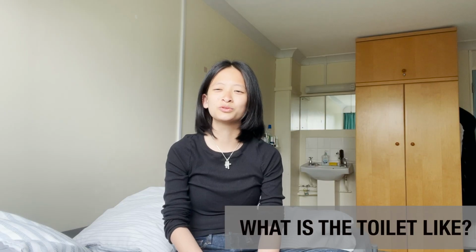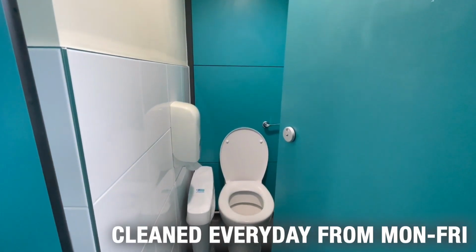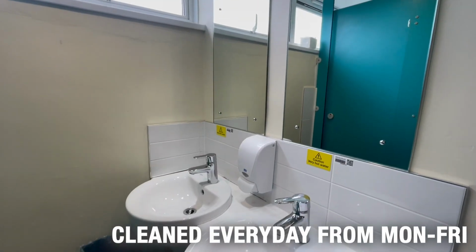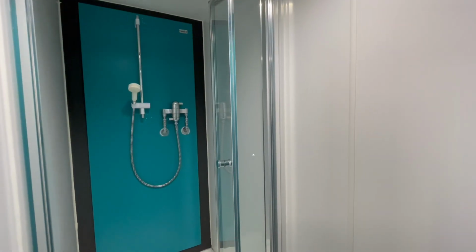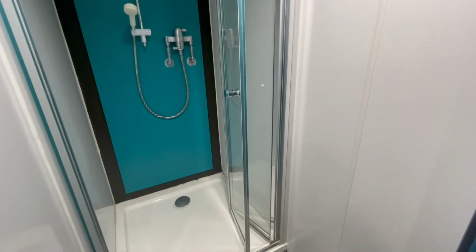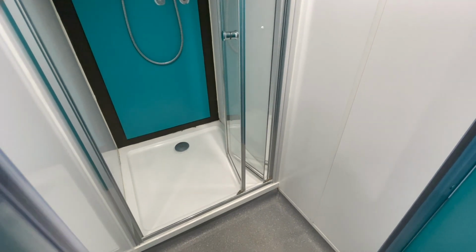I would say that the toilets actually remind me quite a lot of school toilets. It's just different cubicles, a shared toilet where we just go, and, yeah, it's basically like a school toilet. I think in my accommodation block itself, there are 4 toilets shared among a maximum of 24 people on the floor. Because it's like a school toilet, if one of our toilets is being cleaned, then we can go to the floor below, or the different floors of the accommodation. So it's never a case where you really have to queue and wait for the toilets, which is quite good. The shower areas are a similar concept, also like a school toilet in that sense,